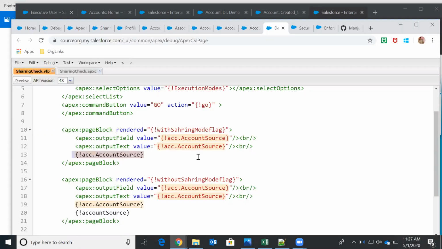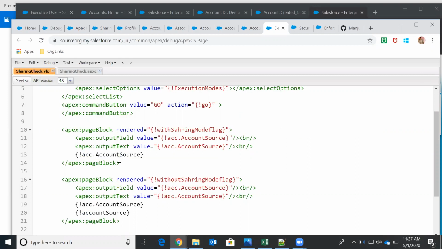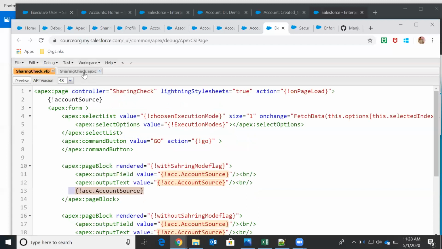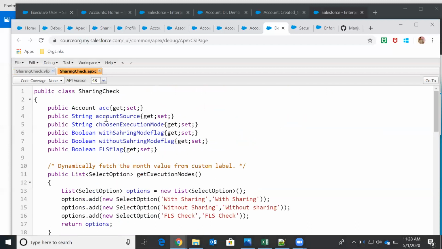So the solution, in case the user has no access to this record but I still want to display this field value, is that we can create a field of string data type. So what I did, I created account source as a string field.